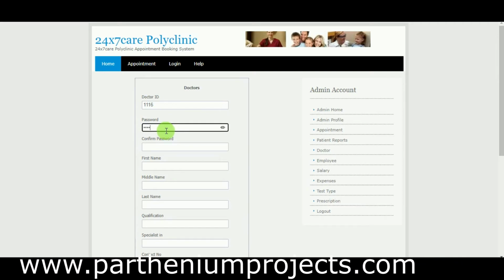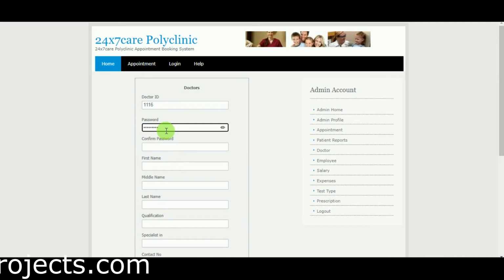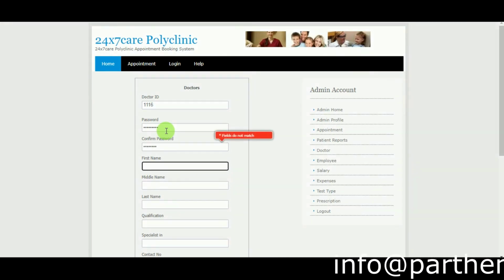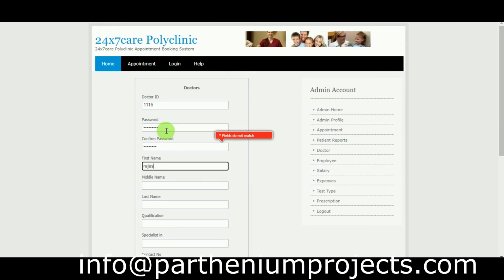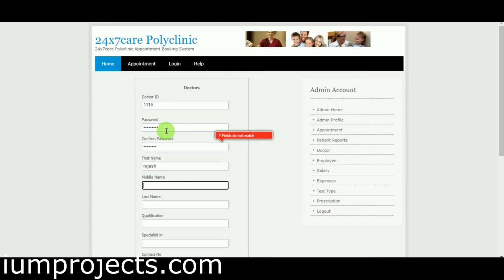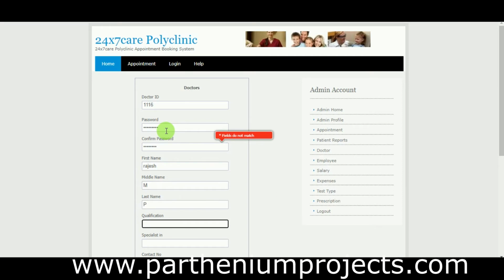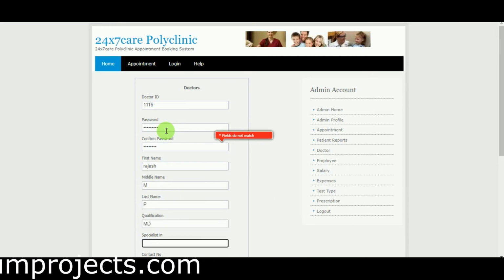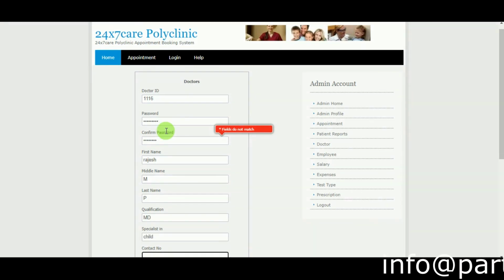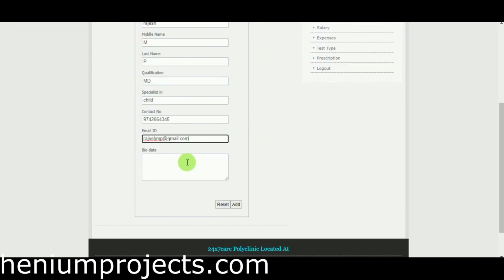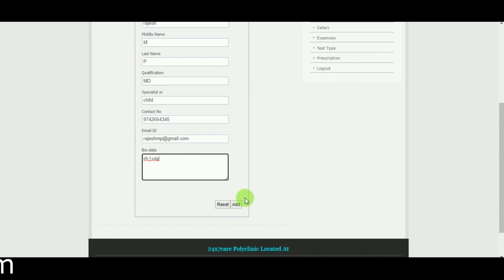Give the password, confirm the password, name, middle name, last name, qualification, specialization, contact detail, email address, biodata, click on add.